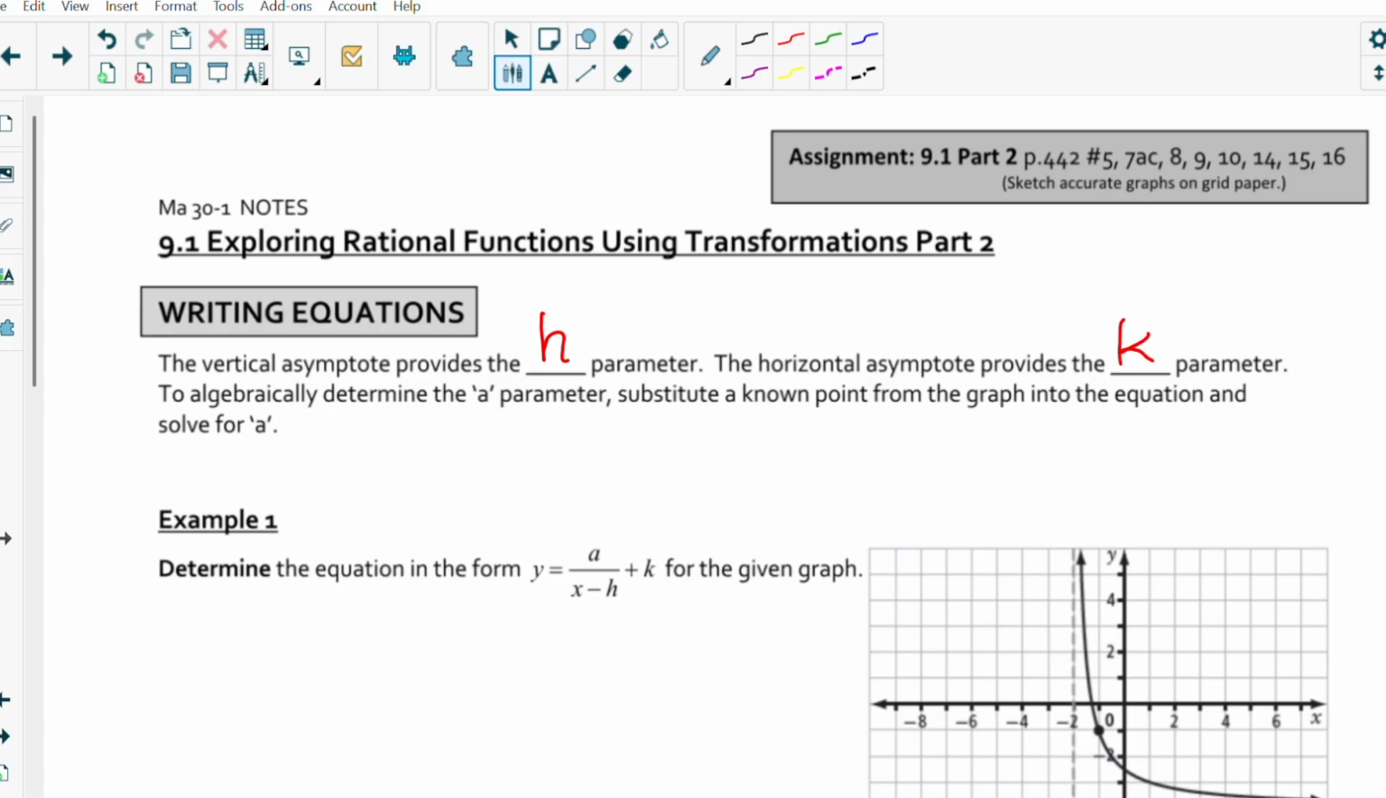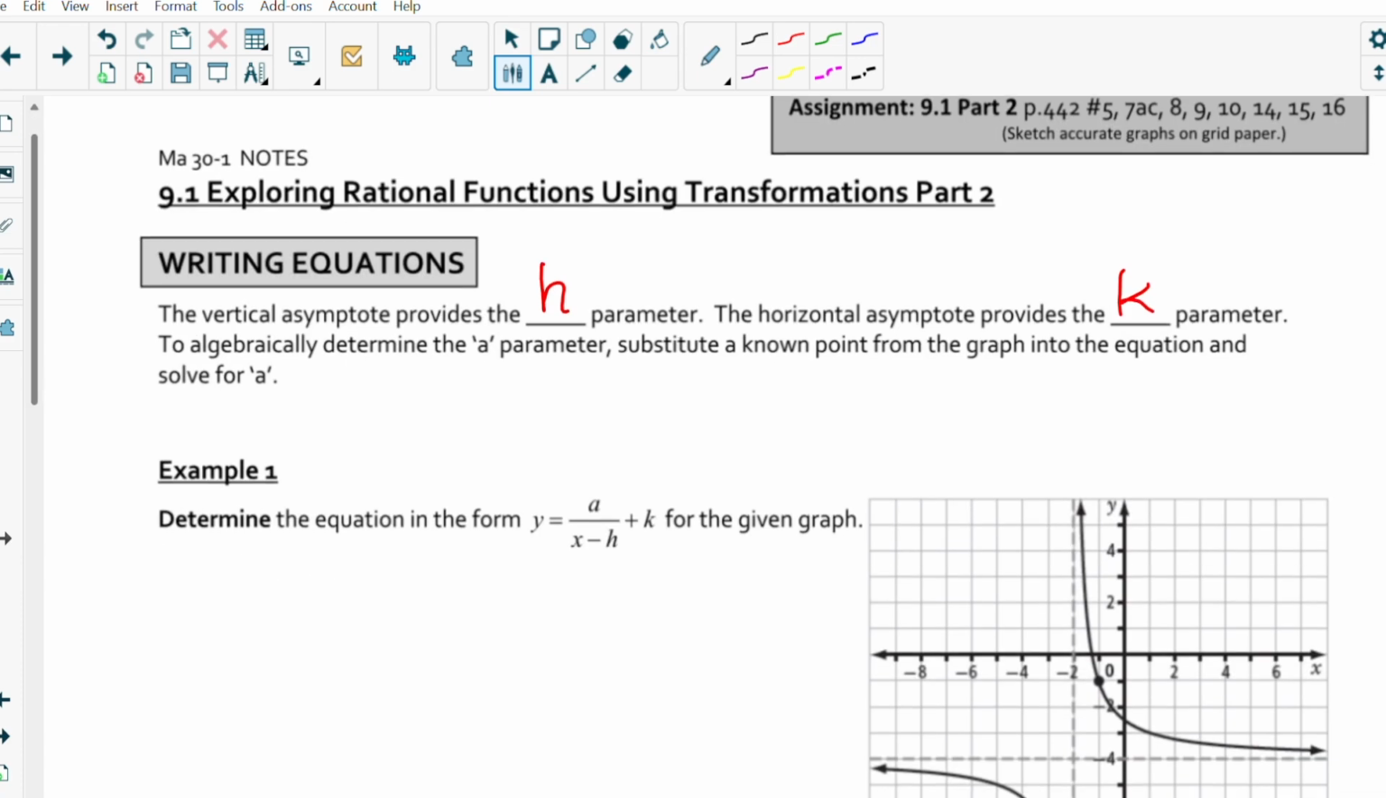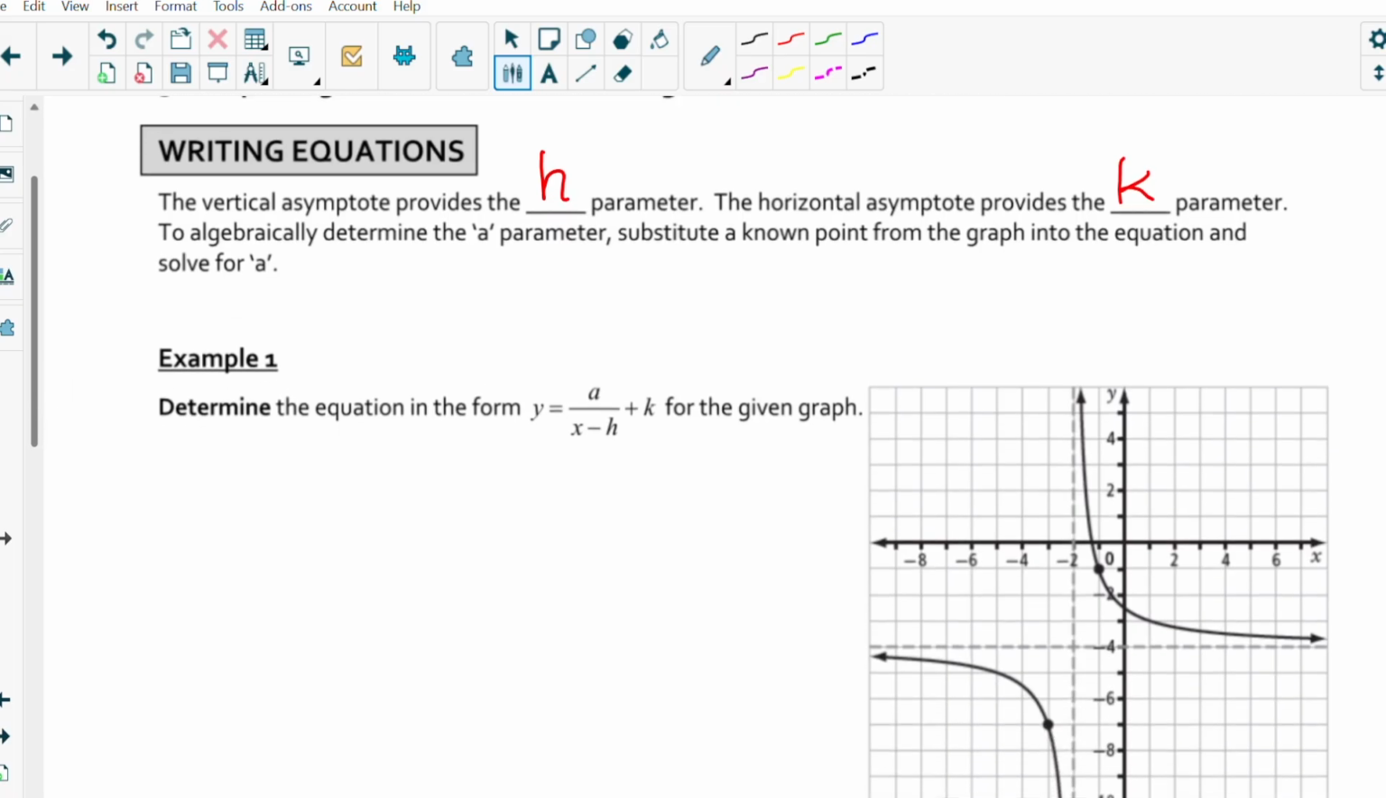To algebraically determine the a parameter, substitute a known value from the graph into the equation and solve for a. So this is similar to a lot of the other log functions, exponential functions, quadratic, radical functions. Similar process on how to write an equation. So example 1, to determine the equation in the form y equals a divided by x minus h plus k